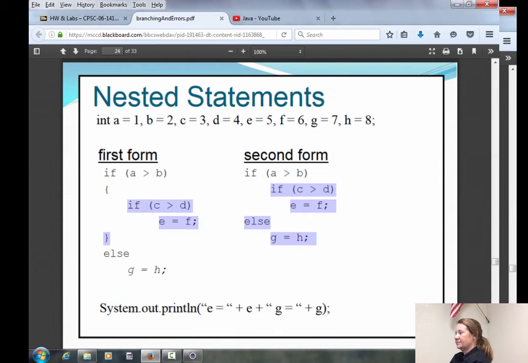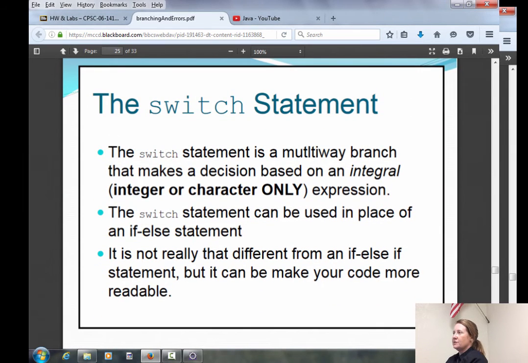Okay. All right. So we learned if statements. We got if else. We got if else if. Okay. And then we have switch. A switch statement does the same thing as an if else if. In fact, you can use a switch or an if else if the same way. You can go from one to the other. Some if else ifs won't translate well to switch.